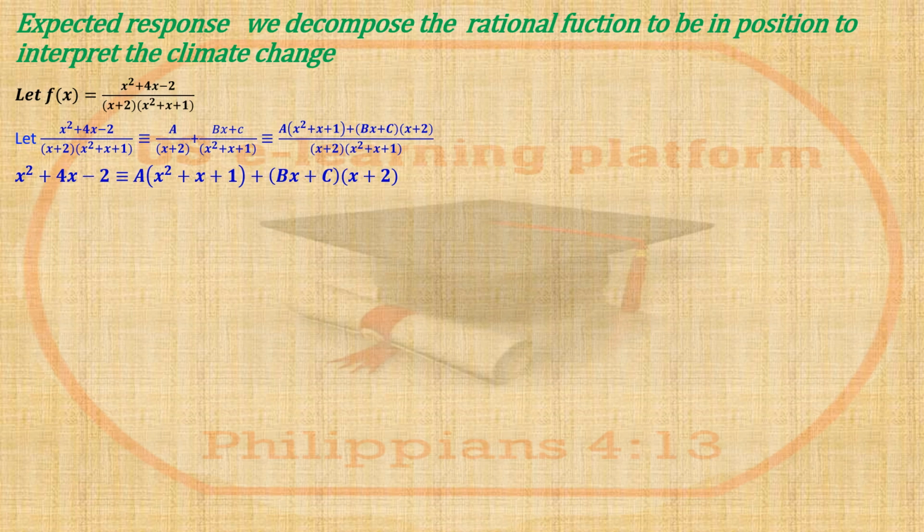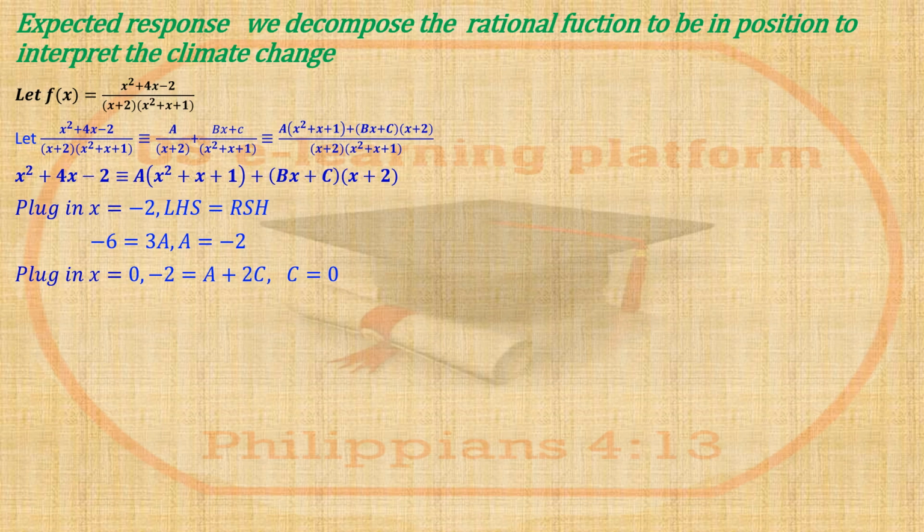It is the value. So when I plug in x equal to negative 2, my target is to eliminate that part with bx plus c. Then on the left hand side ultimately I will remain with 6. Just plug in, take your time, press the calculator and get the correct thing. So on the right hand side I will have 3a, and a will be negative 2. Plug in x equal to 0. Still I'm eliminating b, I remain with c and a. Since a is negative 2, I plug in. The left hand side gives me ultimately 3, and